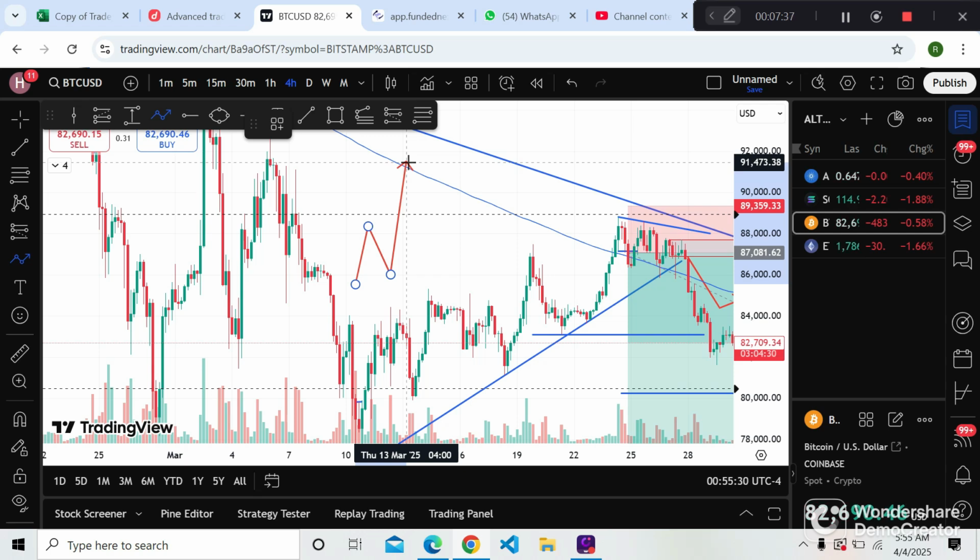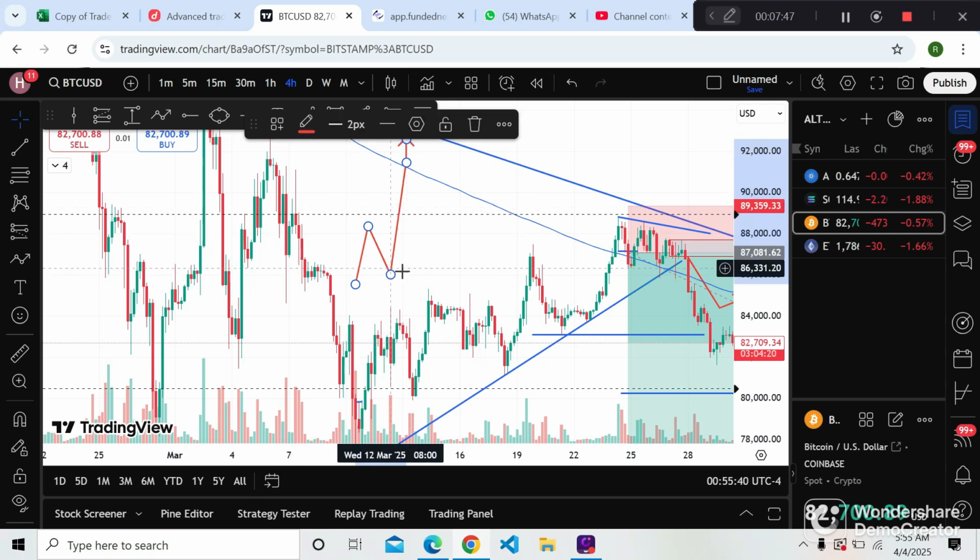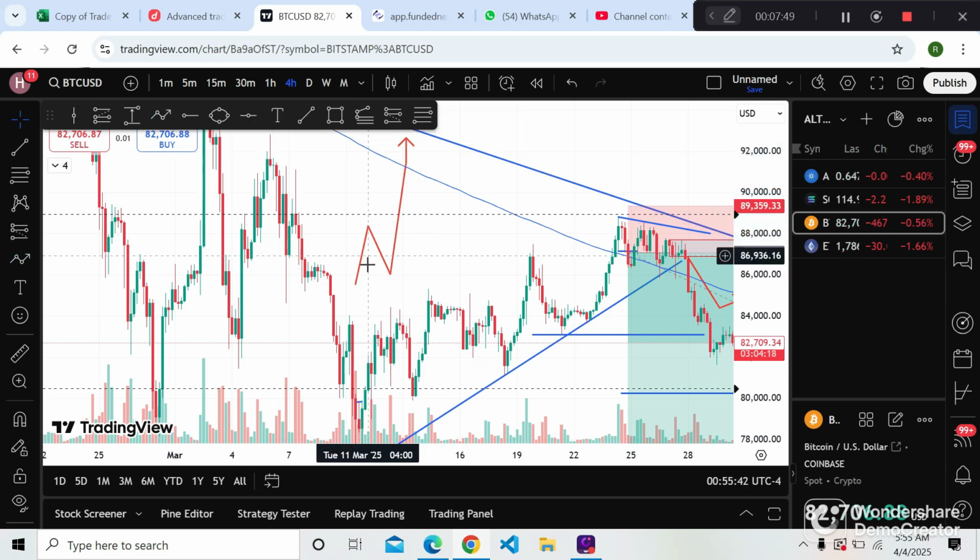You understand? For an anchor to be properly formed, it has to be a swing high, swing low, and a new swing high. So it's more like a higher high, higher low, and a new higher high. The formation of that new higher high, like you are seeing, is where the order block will be found, which is